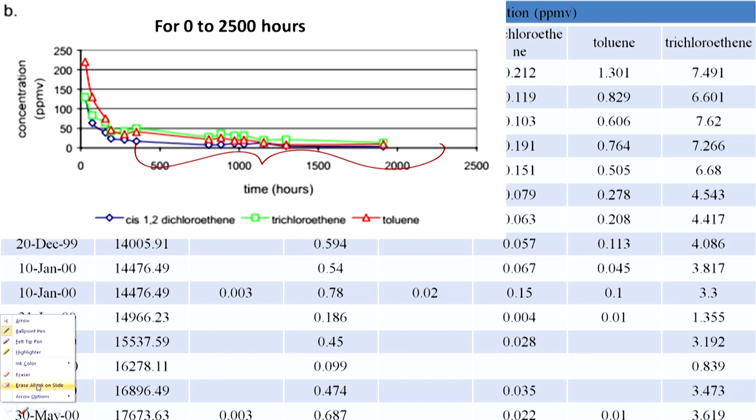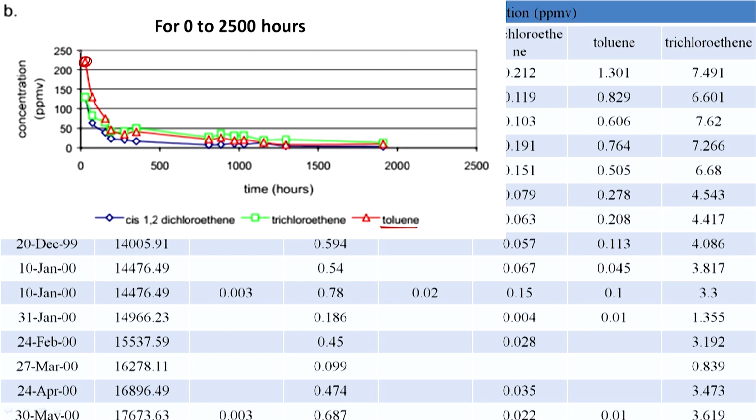So for the other sets of contaminants, if you remember, toluene was at relatively high concentrations, 220 or something, that is what we see out here. Again, same picture, almost 90 to 80% within a fraction of the time, or fraction of the total volume of air. And for relatively less removal, less than 10%, again you had to pump for a considerable amount of time, right.